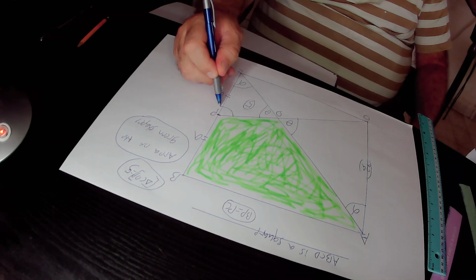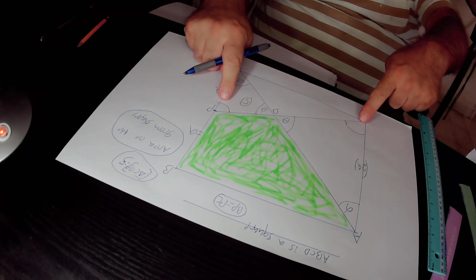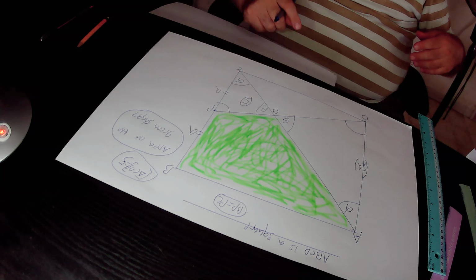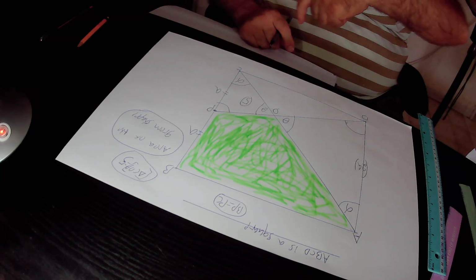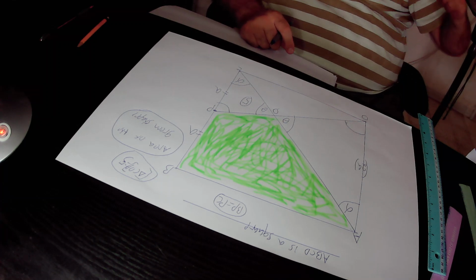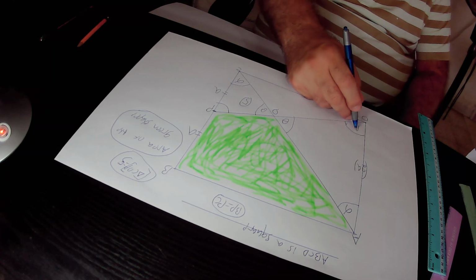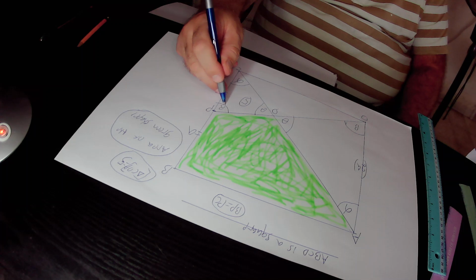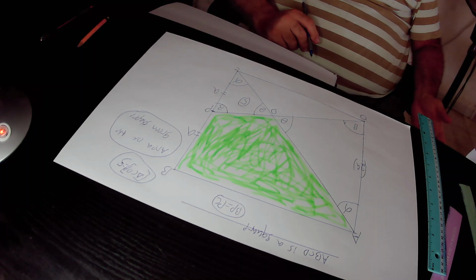those two angles are defined as alternating angles, and they are located between the parallel lines AD and BC, and therefore according to Rule 15 they are equal to each other. So if we define the size of this angle as beta, then the size of this angle must also be equal to beta, because they are equal to each other according to Rule 15. So it is very easy to see